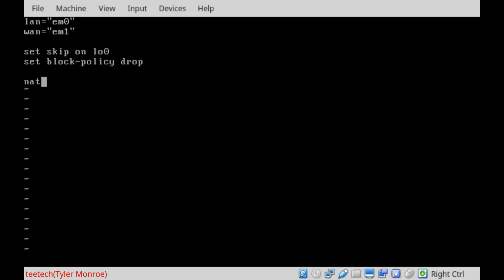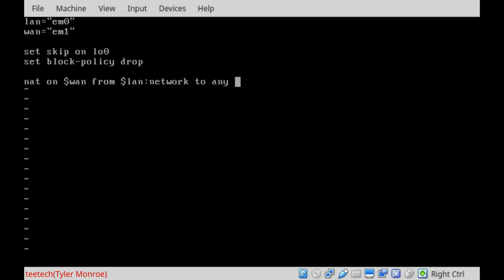We want to do NAT on, and we're going to use our $WAN, so our WAN interface is going to do the NAT. And it's going to say from $LAN:network. Now, the cool thing about doing the LAN:network is it maps dynamically to whatever network is assigned to EM0. So if we change the interfaces or the network, we don't have to rewrite the pf.conf file. It just automatically adjusts. Okay, so that has to be going to any destination to match,